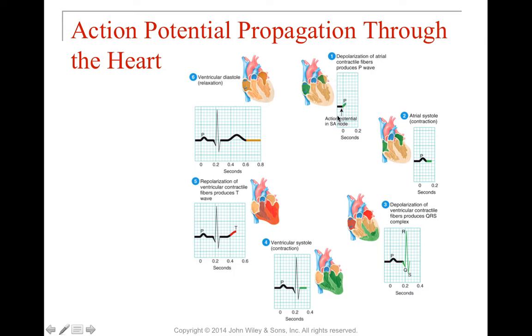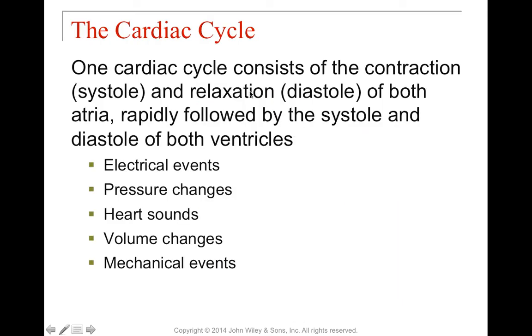and then we're going to start this whole thing over again. So first we have to initiate the contraction of the atria, boom, then we have to initiate and have the contraction of the ventricles, and then we have a relaxation period during the T wave where we have repolarization of the ventricles, right? So one cardiac cycle is going to be the contraction and relaxation of both atria, which is that first section,